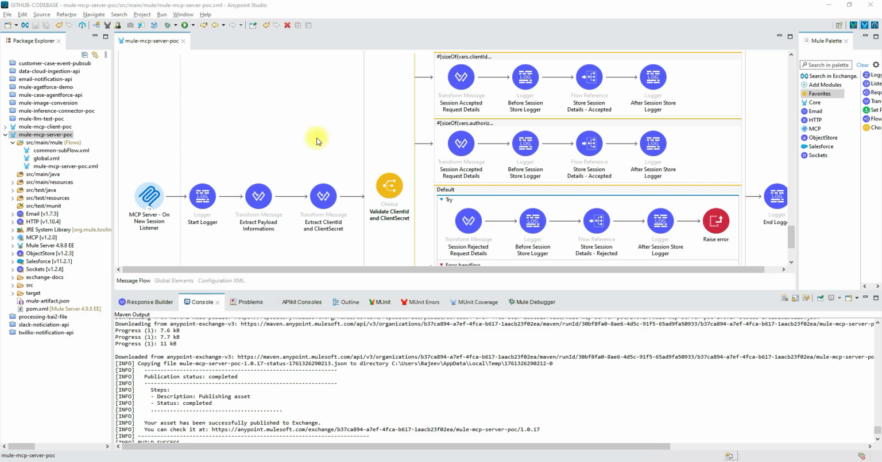Hello. So as part of this video, we are going to see, okay. So this is still related with the MCP server on new listeners, which is going to validate your sessions. And once your session is authenticated, then you are allowed to access all the available tools. In our previous videos related with the MCP server on new session listener, we have seen how